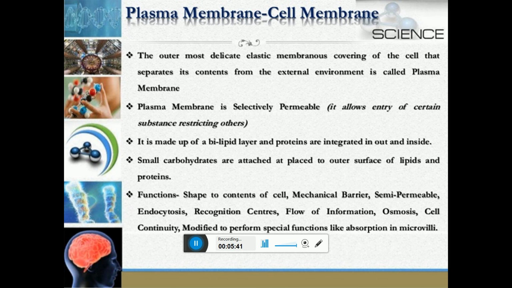Plasma membrane is a selectively permeable membrane. It allows the entry and exit of some materials in and out of the cell. It also prevents the movement of some other materials. Therefore, it is known as a selectively permeable membrane. How does the movement of substances take place in the cell? Or how do substances move out of the cell?